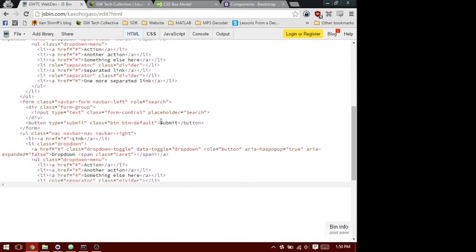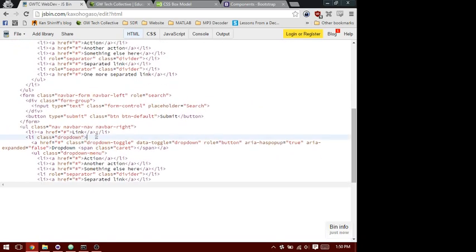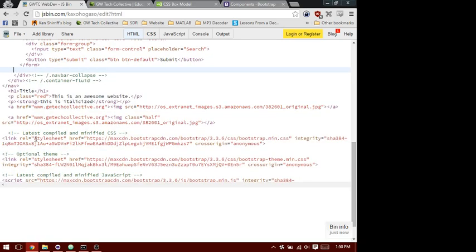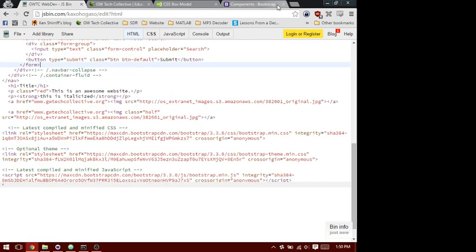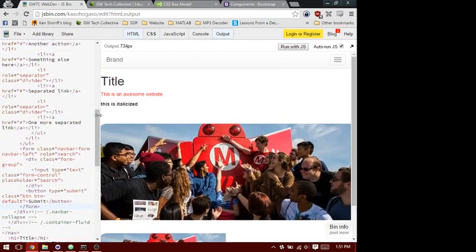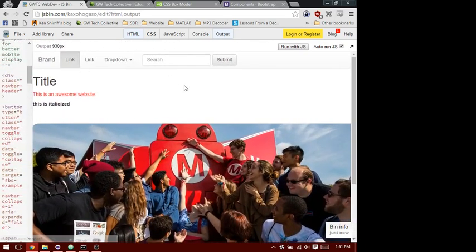Say we wanted to get rid of the stuff on the right. You can see here there's this navbar-right class where that's getting defined. If we just go ahead and delete that, now we just have the stuff on the left that we wanted. You can modify this as much as you want to make the navbar that you need for your site,